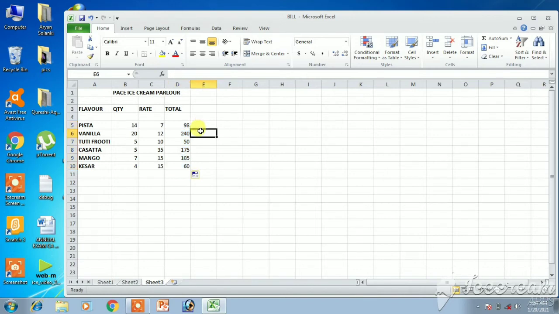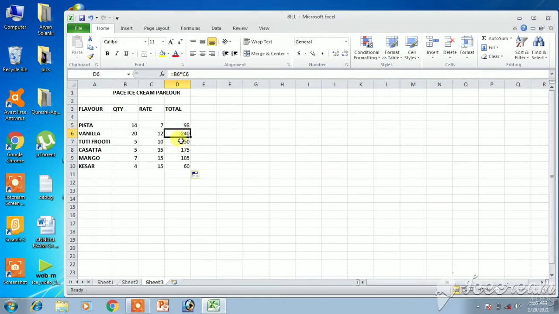Now you can see the formula has automatically been copied to all the cells up to where I have dragged the mouse. Now you can see here in the formula B5 into C5. If you go to the next cell, it is B6 into C6.